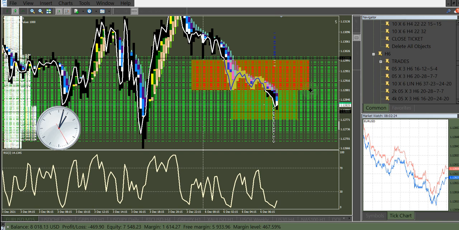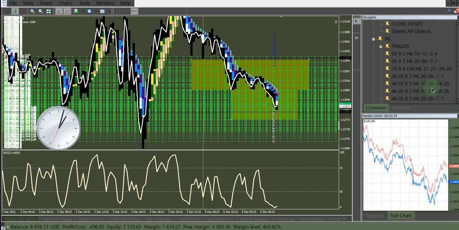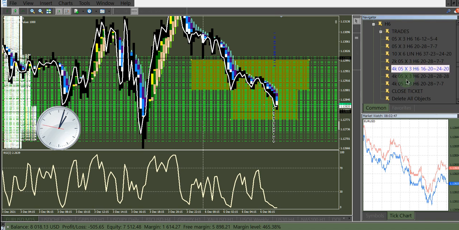So I went pretty hard underwater. This is a 20 pip grid. I have 20 pip stops to make 28 pips. And I got one here that's 16 to make 20. So there should be more. As the account gets bigger, you figure, well, do you want to make 20 pips on your trades? And these are all just hard-coded targets, and it's about pips.